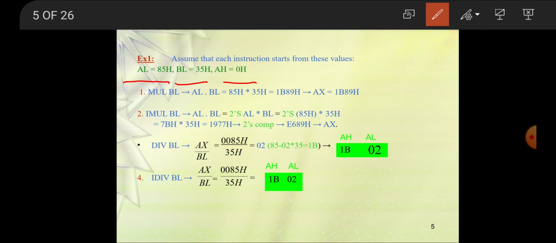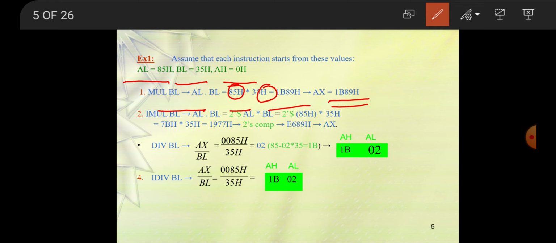Now we are going to multiply. We are going to use the instruction MUL BL. What it does exactly is it multiplies the value of AL, 85H, with BL, and that gives 1B89H, and that value is going to be stored into AX.